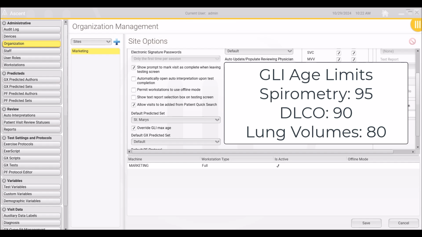If your patient exceeds any of these age limits, the predicted values will not be calculated for that particular test type. By checking the Override GLI maximum age entry, Ascent 2.2 or higher software will use the maximum age GLI allows and calculate predicted values. As an example, if the patient is 97 years old, the software will use the predicted value of a 95-year-old